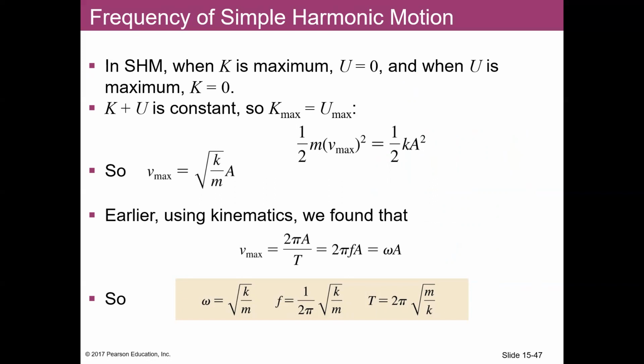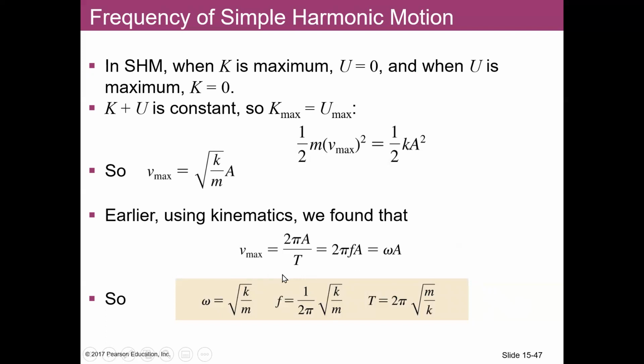If you look at these equations, the maximum kinetic energy is equal to 1/2 kA squared. And so that means that the maximum speed, if you do the typical canceling of these 1/2s, dividing by m and taking the square root, you find that the